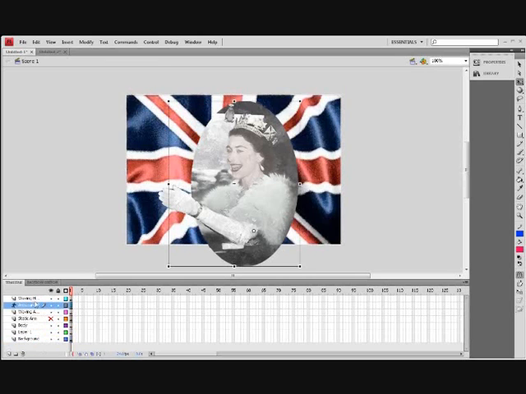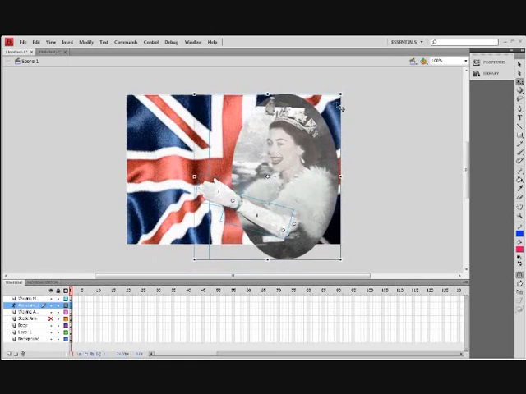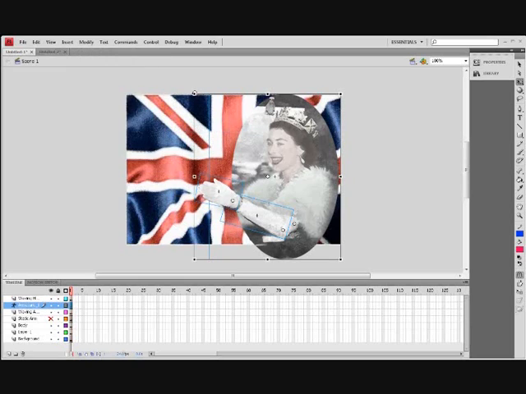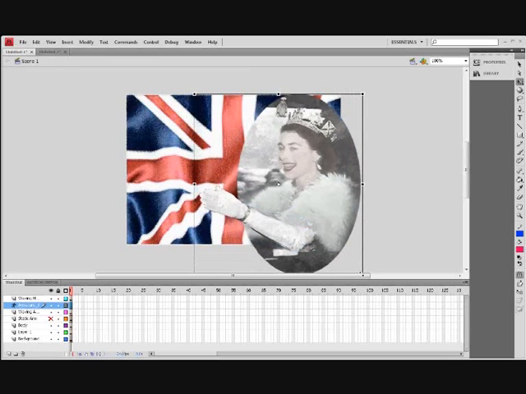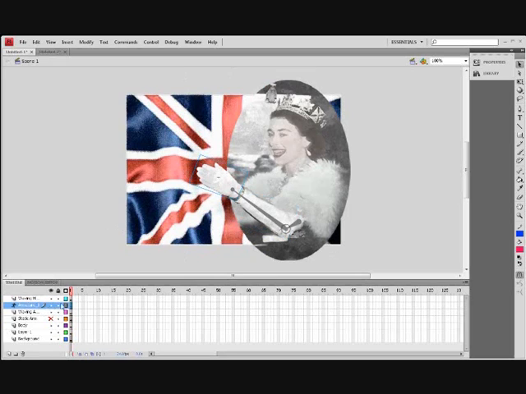So if we select the armature and move it, I'm going to move it over here, and again I might do modify and transform, free transform. See what happens if I enlarge it a little. So with my scale sorted, that's roughly how I want it to look. I'm going to select the armature layer and the frame 1 selected, and I'm going to move my arm